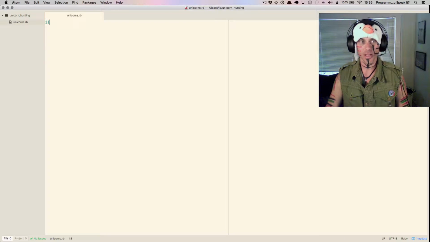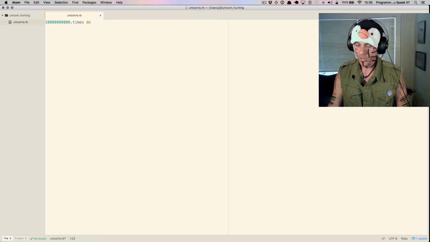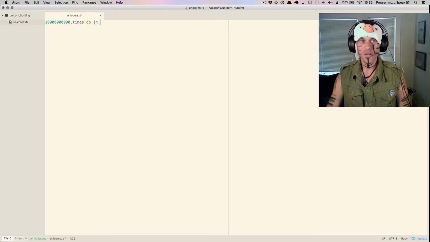So let's use a Ruby command, p, right? Nah, let's do something else. We'll do like 1,100 gajillion thousand dot times do, n, right? We're opening a Ruby block, and we're going to print, we're going to do some string interpolation, n